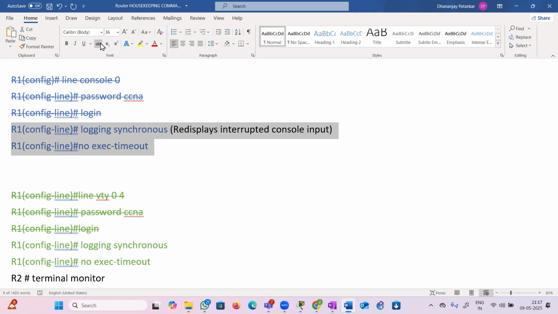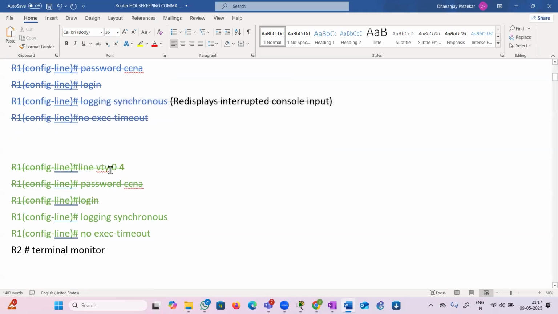Can I remove this also too? Yes. And now finally, line vty 0 4. Can I remove the same two commands from here also? Okay. So now